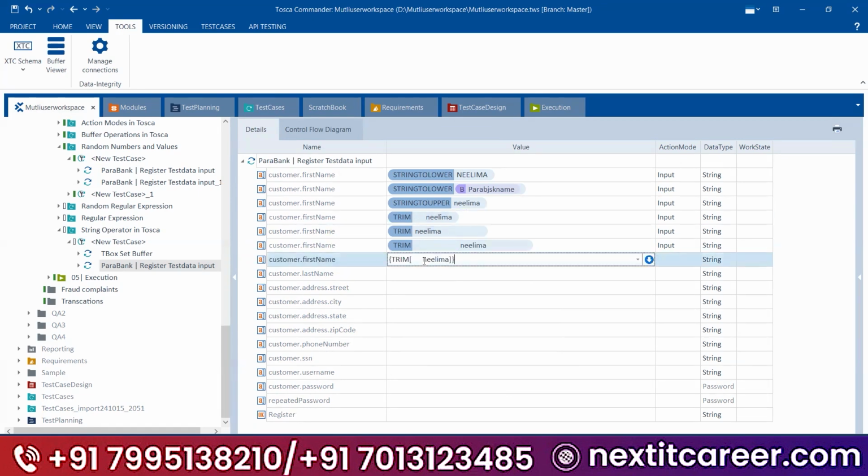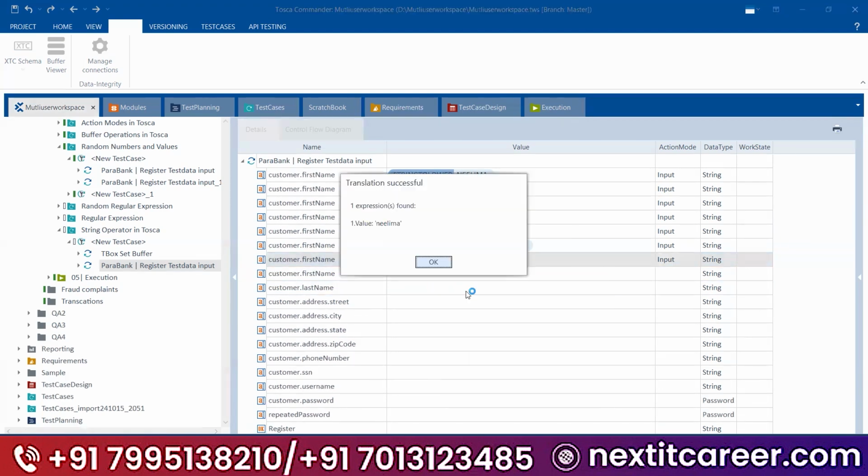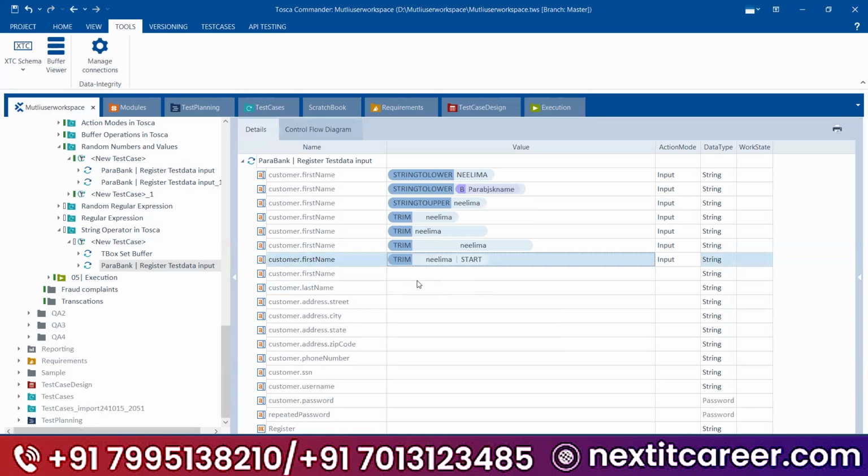So just what you will do, you will use the second parameter and you will use start. What is start? Means at the starting, you have the spaces. You are using, that's an optional parameter, right? You can use it, else you don't use it. Okay.